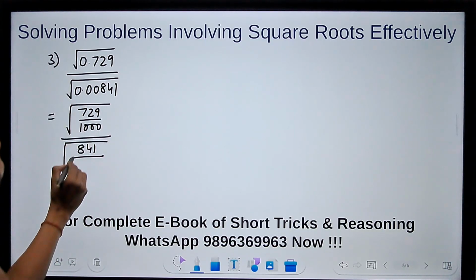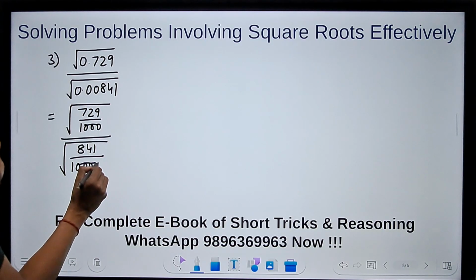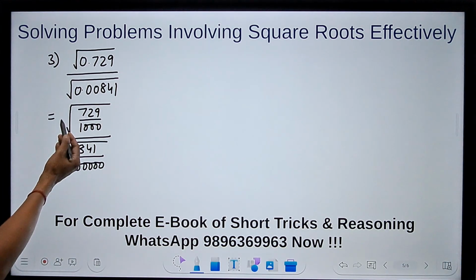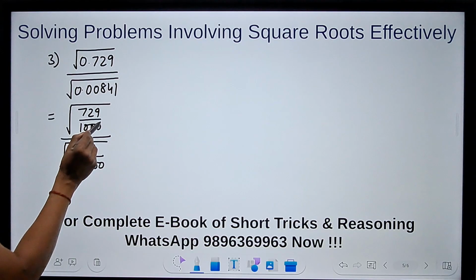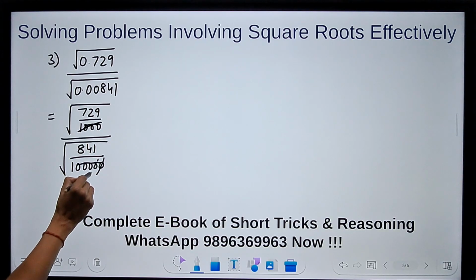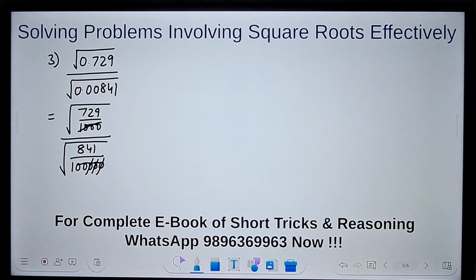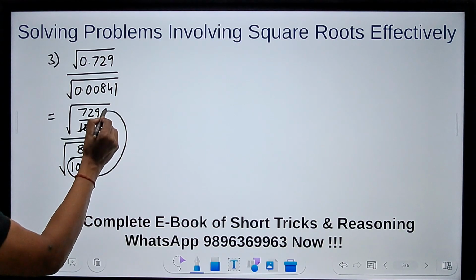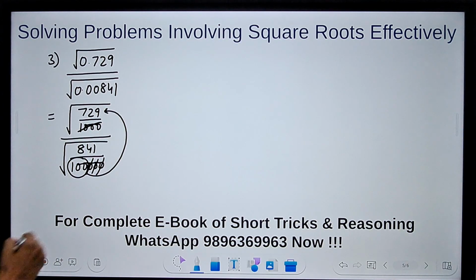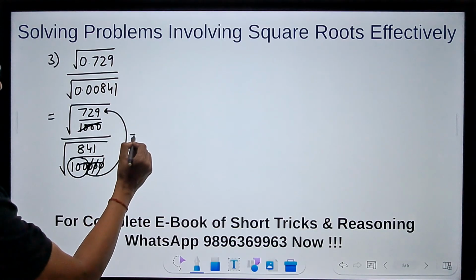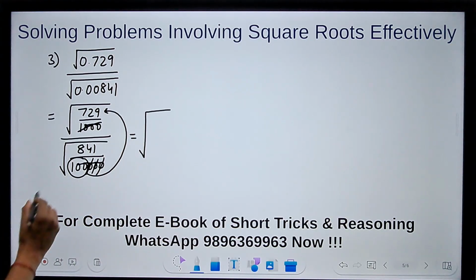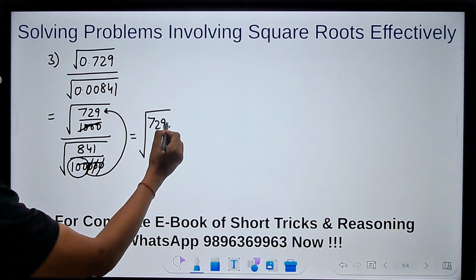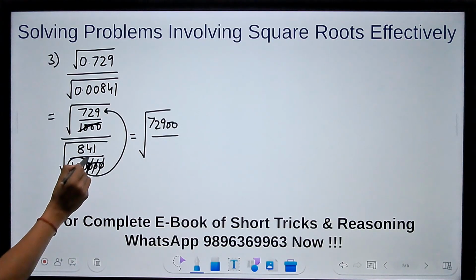And how many zeros after 1? 1, 2, 3, 4, 5. 5 decimal places, so 5 zeros. Now since both are in the square roots, the denominator can be cancelled by the denominator. So I cancelled out the 1000 and this 100 is going to go in the numerator now. Right? Very important step. So what will happen to the number inside the square root? 729 will be followed by these two zeros, and in the denominator you will have this number